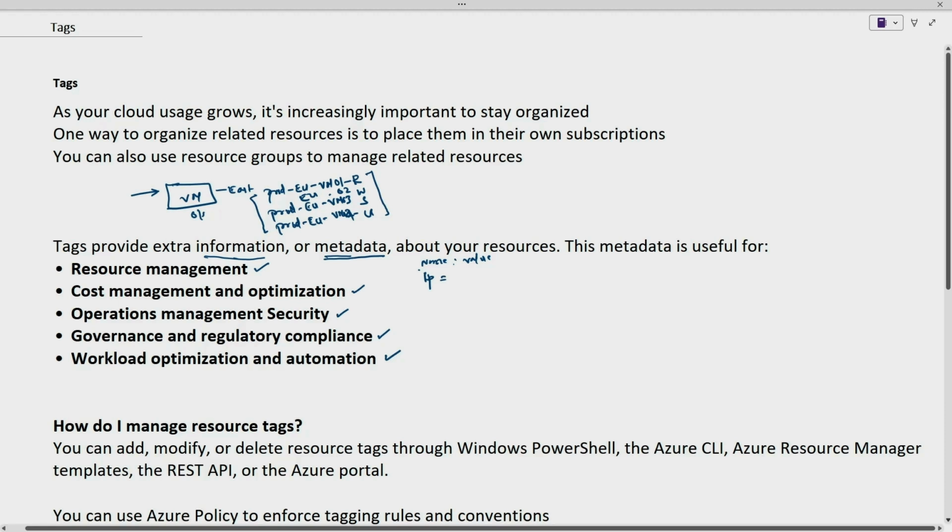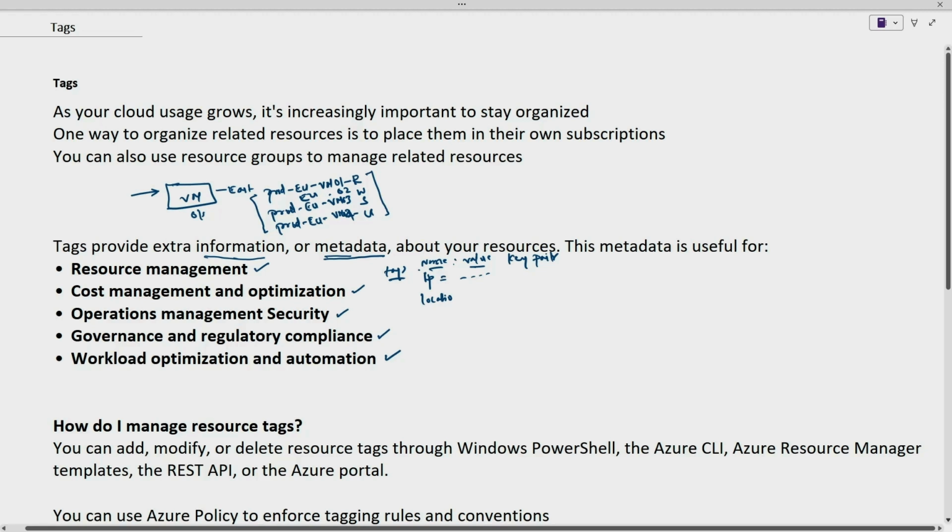This is the name and this is the value which I have to provide for the tags, which is nothing but a key pair with name and value. So this is the name, IP address, I'll specify the name,